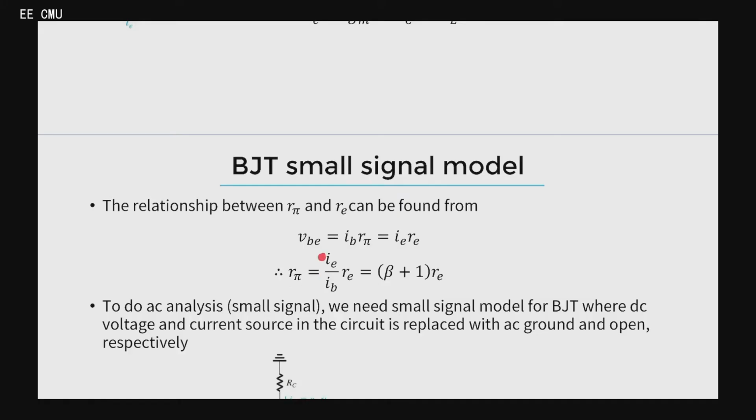And we know that IE and IB are related in the active region, right? They are related like this. Do you remember? IE is equal to what? Beta plus 1 times IB. Don't forget, this is a small signal, right? Whether it's bias, operating point, or small signal, the relationship in the active region is the same. Therefore, the relationship is exactly the same.